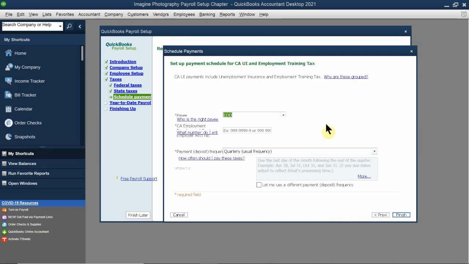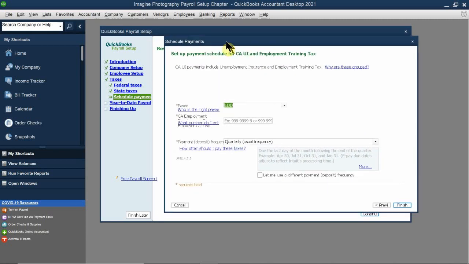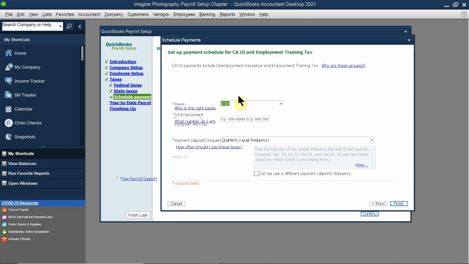Okay. And then last but not least, you have this one right here, which is going to be setting up your California UI, which is the same one, EDD. Okay. And again, that's going to be account number 123-45678, and I'm going to make it quarterly. Okay,